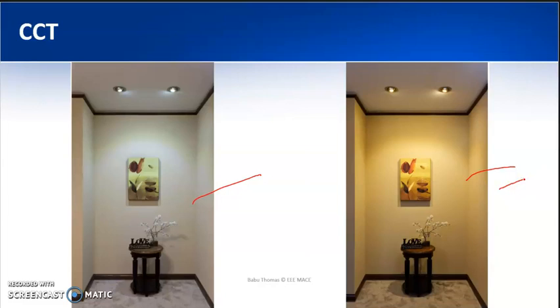So it is nothing but the CCT, that is the correlated color temperature. The CCT is defined in such a way that it is the absolute temperature of a black body whose chromaticity most nearly resembles that of a light source. In the case of normal fluorescent lamps, it will be around 5000 to 6000 K, which is the normal correlated color temperature. And when it comes to a warm white, it will be 3000 or 3500 CCT, like that.